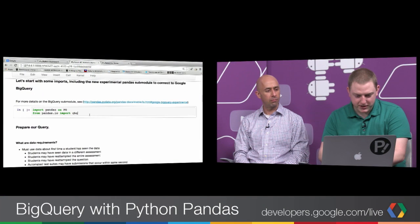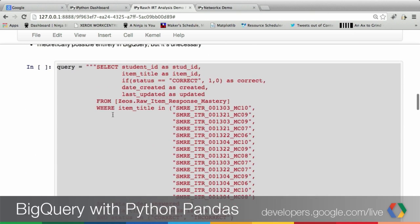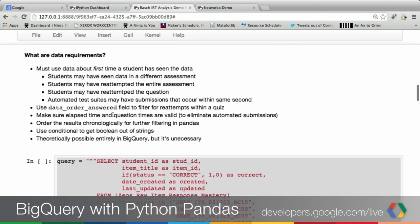So we're going to start off by importing our submodule. As we mentioned before, there's now the GBQ module in version 0.13 of Pandas. So, typical boilerplate, we're going to import it. And now we get to start our query preparation. The key